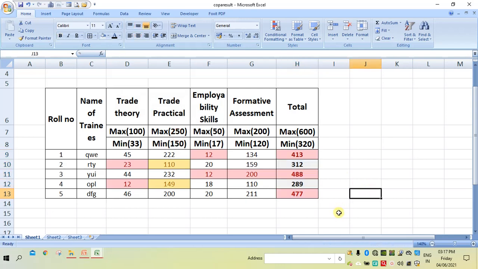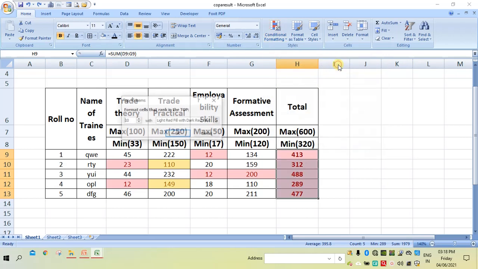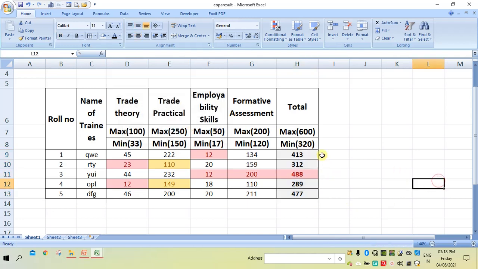You can see the top 3 scorers. Now I will find the top 1. I will go here, take 1, and then say OK. So among these 5 he is the topper, with the highest marks. This way we can apply the conditional format.